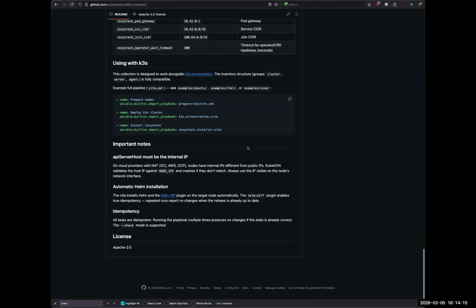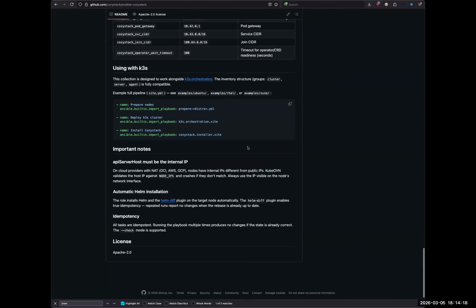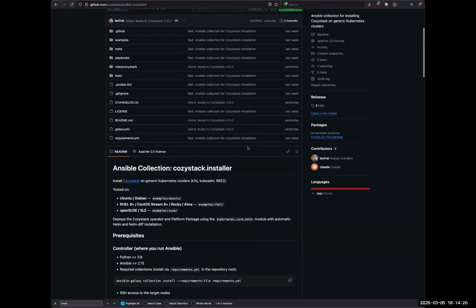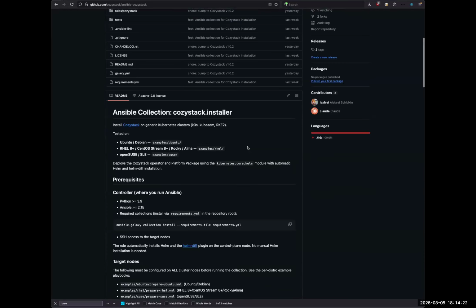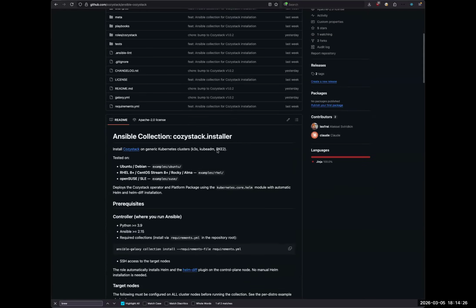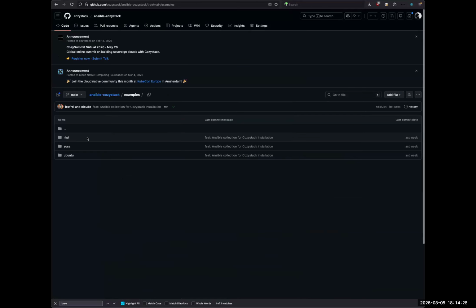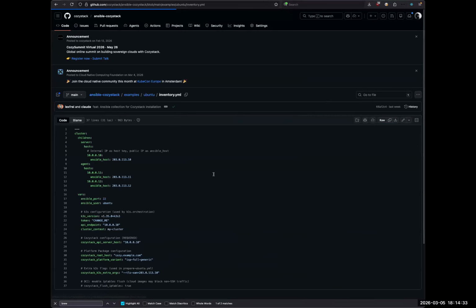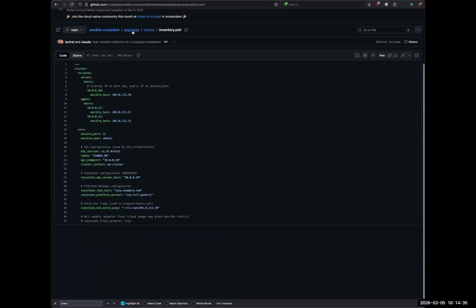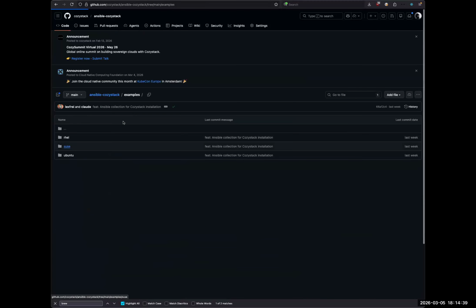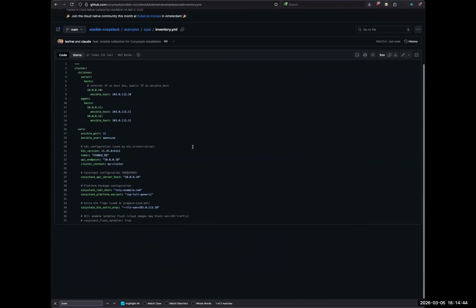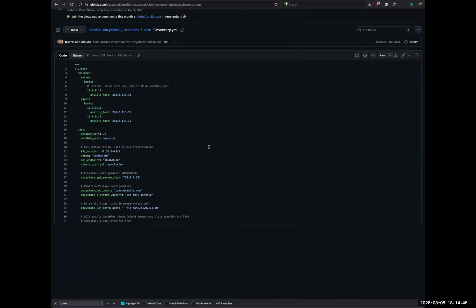You can choose at least two ways, using Helm or one Ansible collection. The Ansible collection includes examples of how you can manage any clean instance of Ubuntu, or SUSE, or Rocky, or Red Hat, or something you like, and install Cozystack above it using K3s in the examples or any other Kubernetes installation you like.